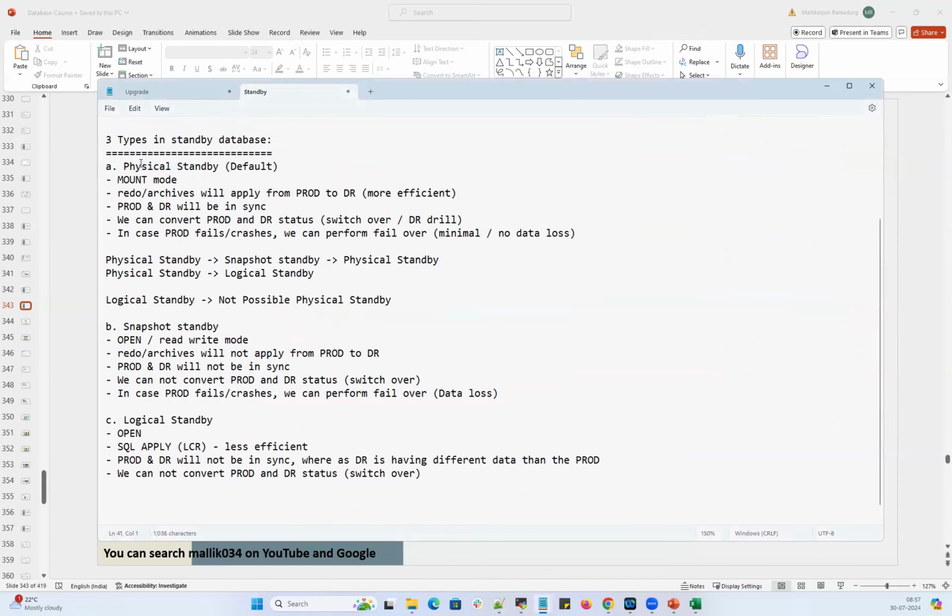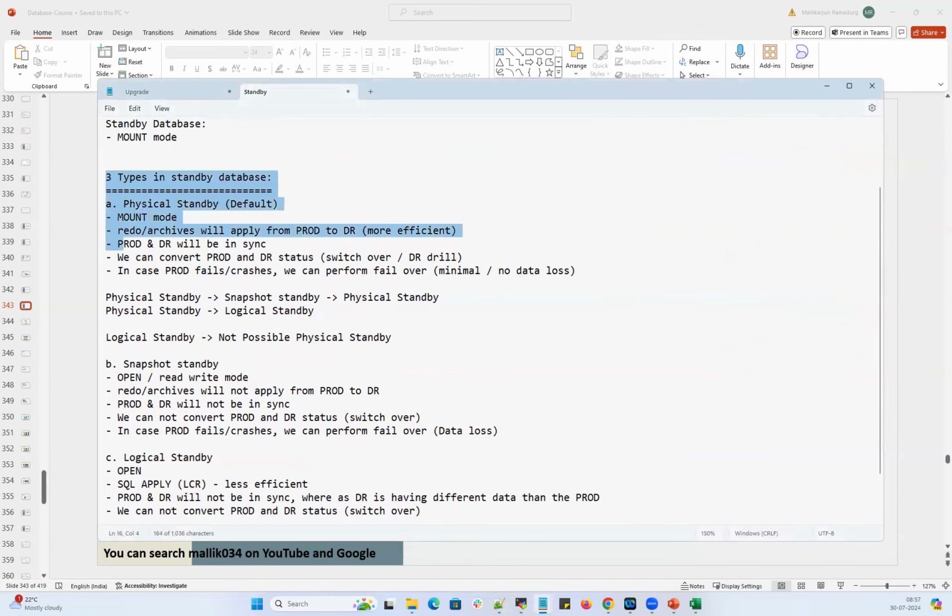The next one is the types of standby database. The three standby databases